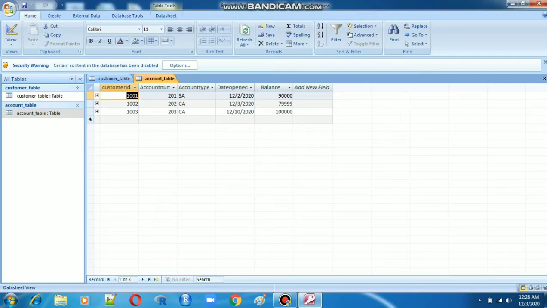Whatever you entered in a table itself, you can do whatever you need. Next one is displaying. Whatever you are entering, whatever you are changing, everything will be displayed on the monitor itself.